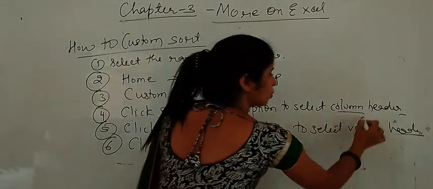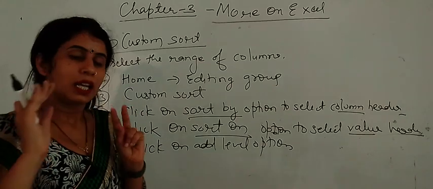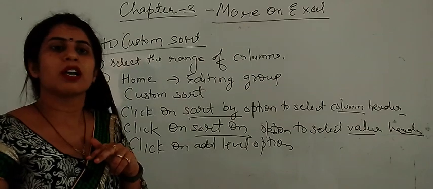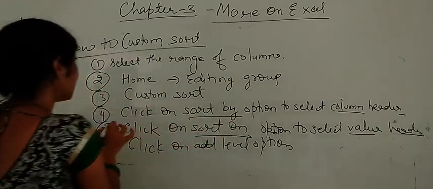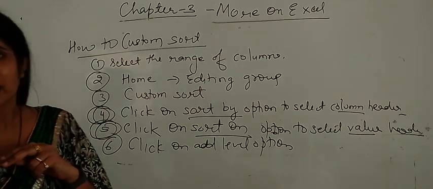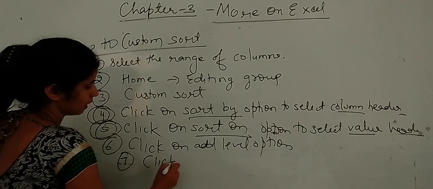These are the two columns and rows you have selected to do sorting. If you want to apply the sorting on any other column, then you have to repeat step number 4 and step number 5. If you have done all these, then at last you have to click on